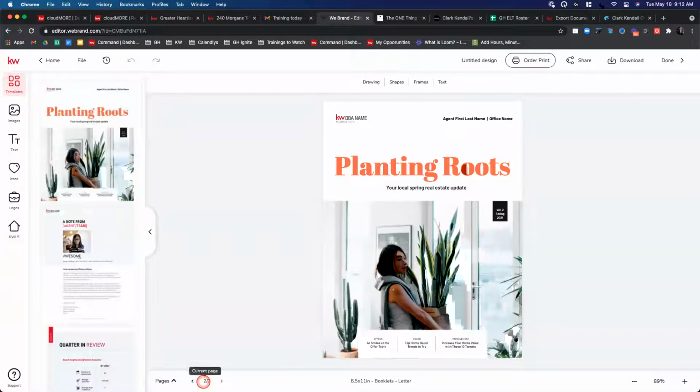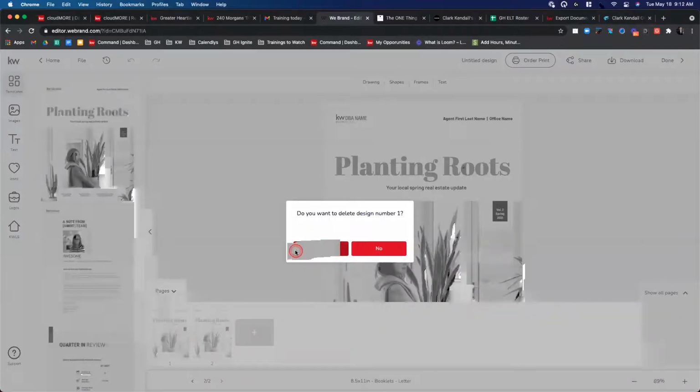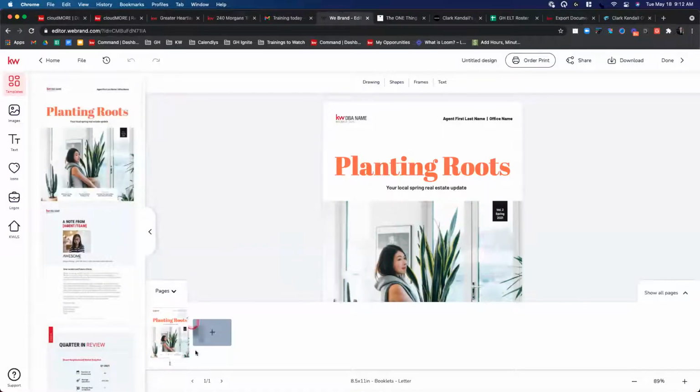Now you'll notice here that we are currently on page 2 of 2. By default, there's always a blank page. Oh, that's funny, it actually added there. There's actually a blank page. It should be blank. So if you ever are in error, or you want to get rid of that blank page, that actually did copy my first one, strange enough. You want to get rid of that and hit the trash can icon, all right? So that makes sure we just have the one page that we need going forward.